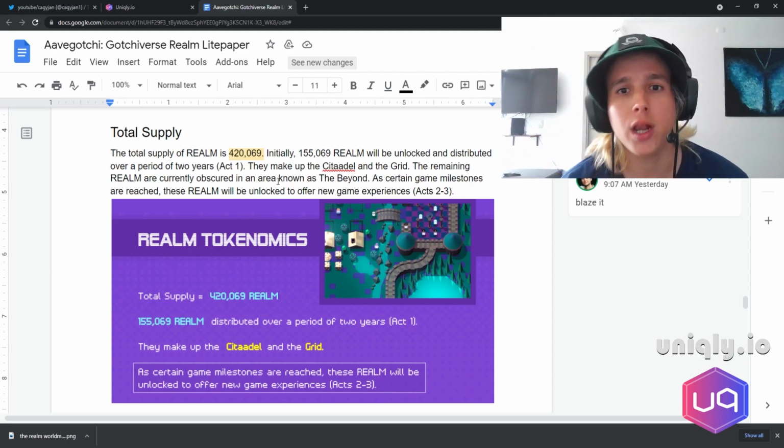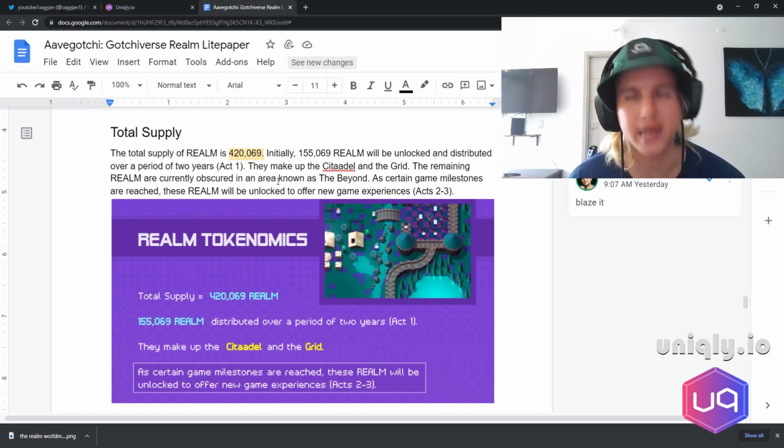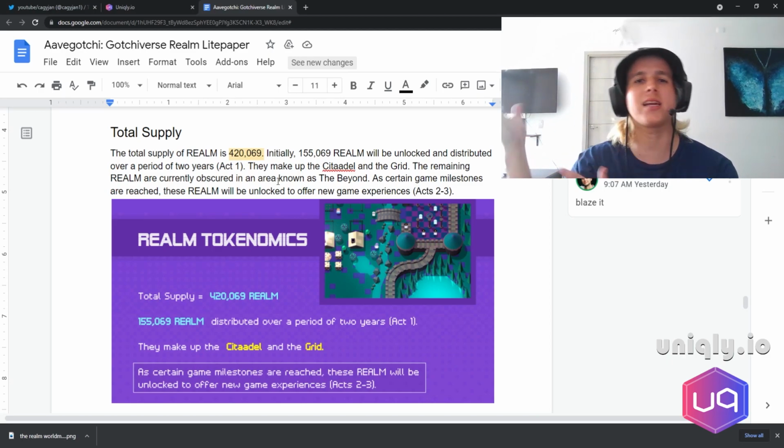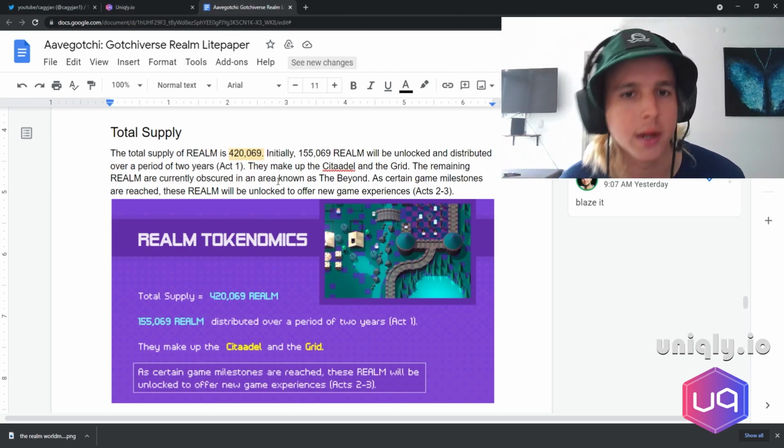155,069 realm will be unlocked and distributed over a period of 2 years. So that's Act 1. After Act 1, there's going to be Act 2, and then Act 3, and I don't know, more acts. But the point is, we have to get through Act 1. So over time,